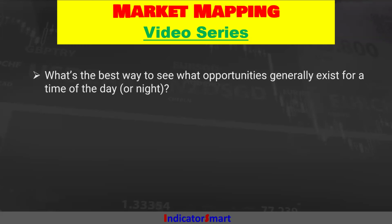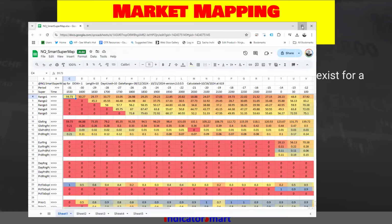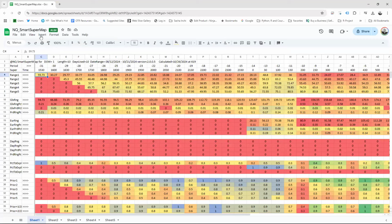For this one, I'm going to use the NASDAQ, a map for Monday. And what I'm going to look at is that range 1, starting on Sunday night. That first 30-minute period is expected to go about 59 handles in the NASDAQ. And then after that time, it's going to go down to about 30, and it'll dip down around 26 or so. And this is colored so that you can see that in the grand scale of things, these are actually